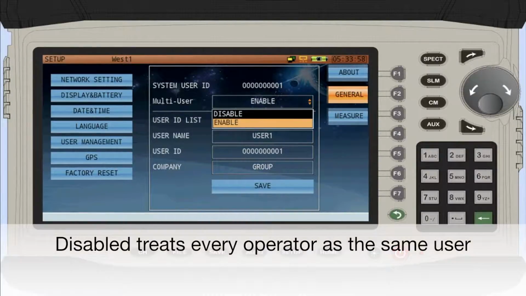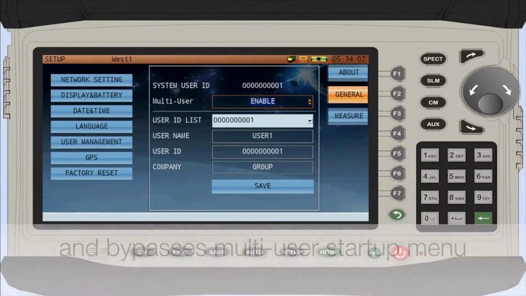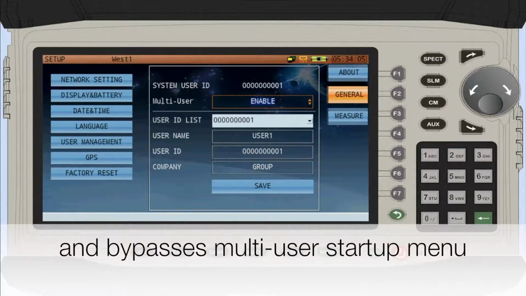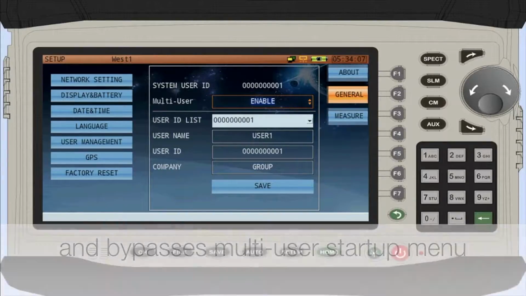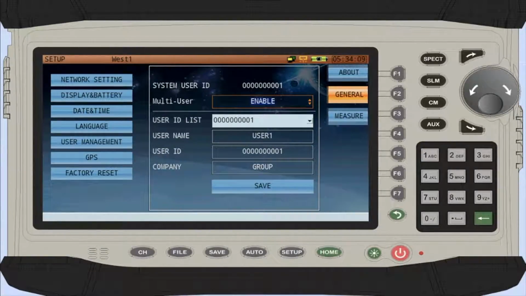If disabled, the instrument will treat every operator as the same user and will bypass the multi-user startup menu, going directly to the main measurement menu. You must restart the system for these changes to take effect, and after making changes, press Save to record the